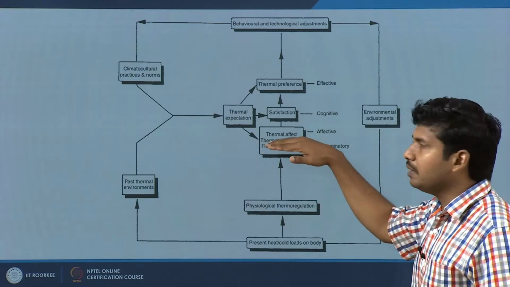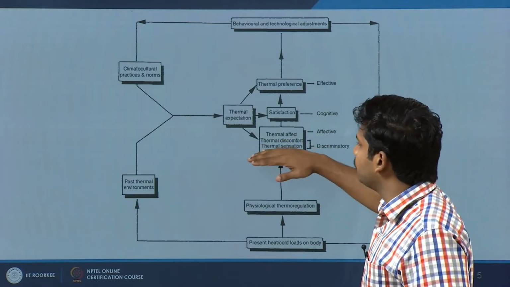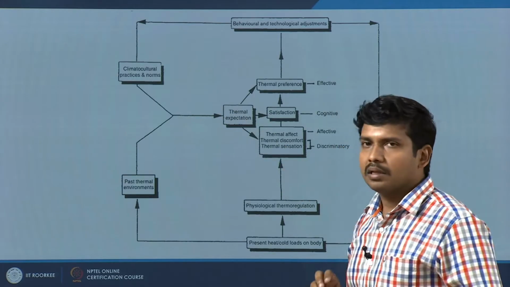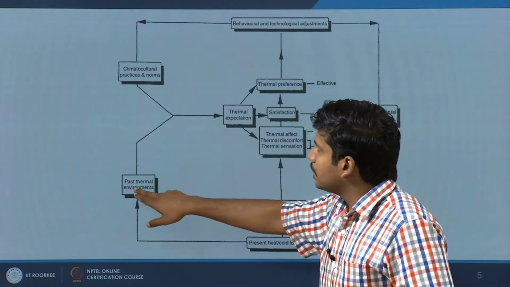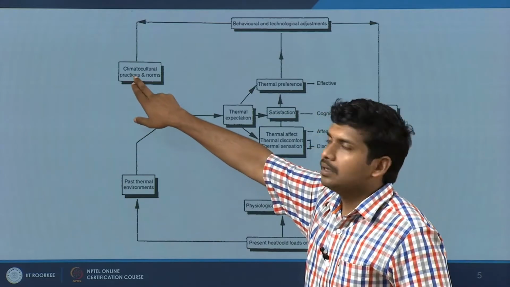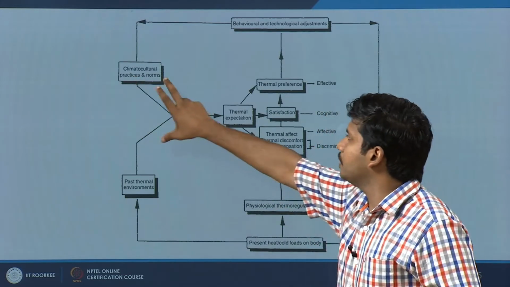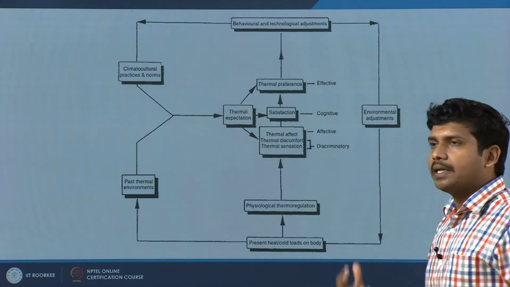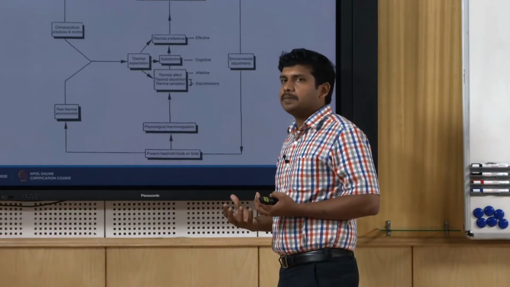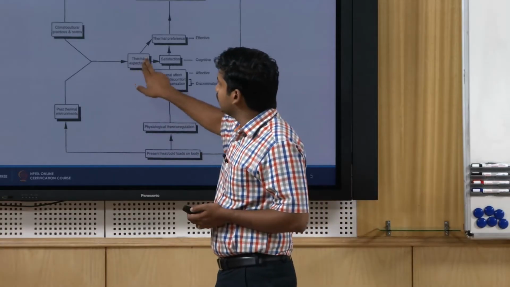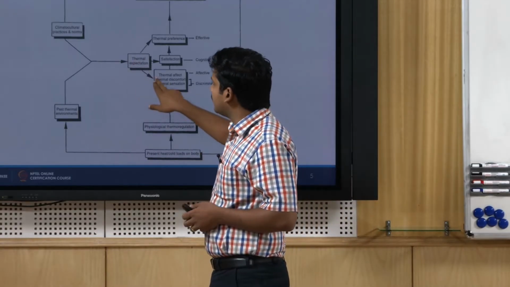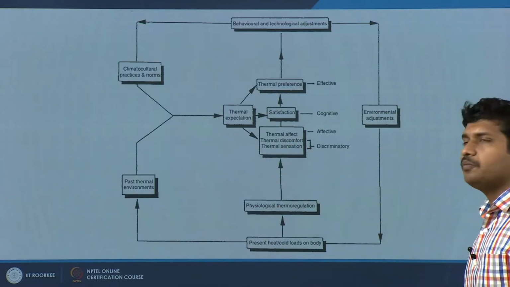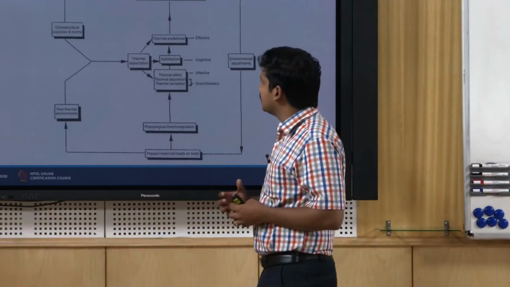First you had the thermal effect, comfort, discomfort and sensation. Now we get another component called thermal expectation. Thermal history as well as your climocultural practices and norms together lead to something called thermal expectation. I am expecting something in this summer in this particular city. So, this leads to an expectation which has a lateral impact on the perceived comfort, discomfort as well as the thermal sensation.